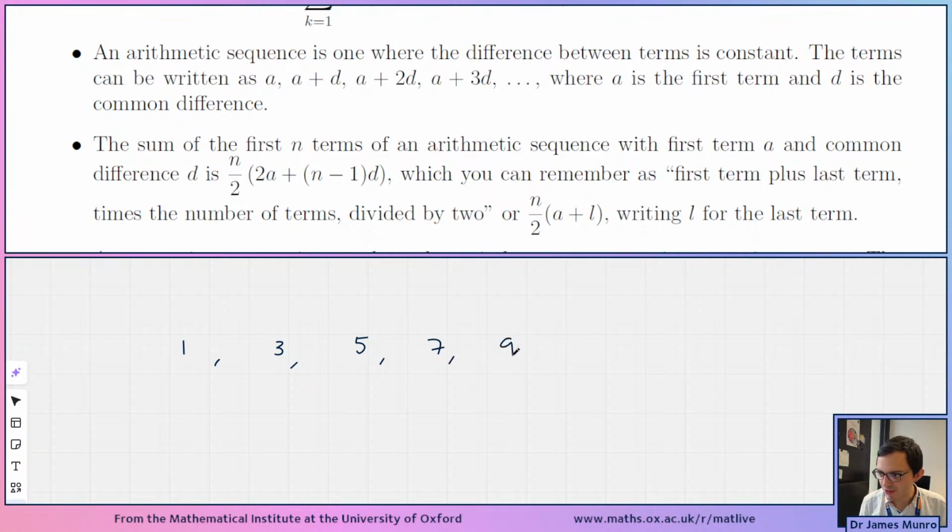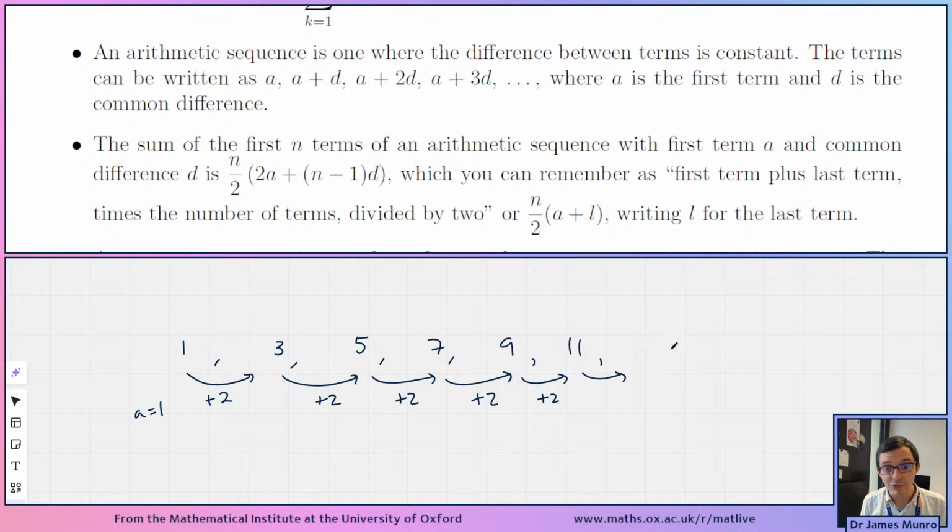So I'm trying to write odd numbers on the board. The idea being that I have a first term, in this case a equals 1, and I have a common difference for the gap in between. So you can predict what the next term is because you know a rule. If you like, this is an iterative thing where an is defined as a function of the previous one with that function. That function, let's give it f of x, is x plus d. But each time you add a constant